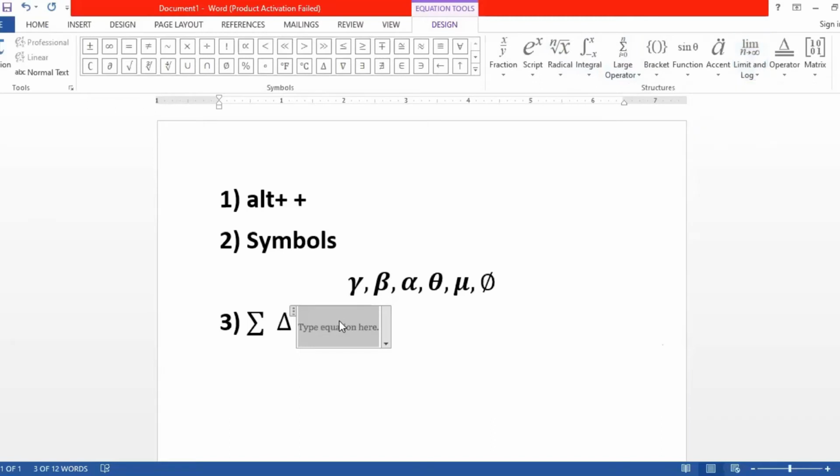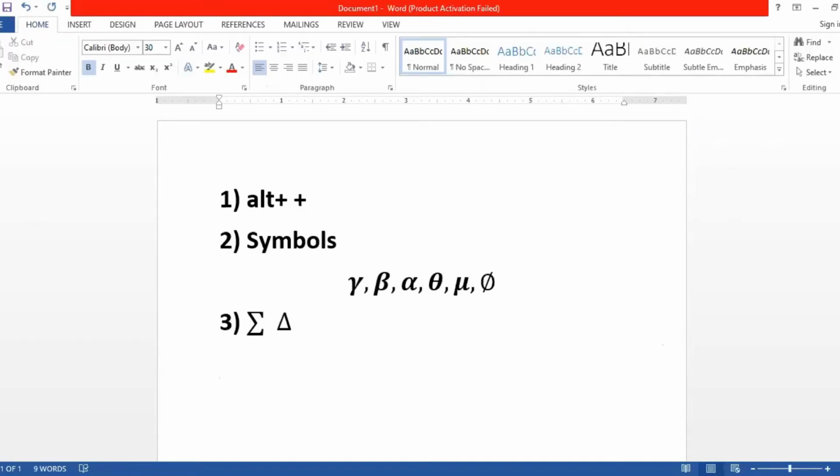Now here suppose we type slash limit, again we get the standard limit. We are not getting the limit with an empty space. So for the limit, again we have to insert it from the upper side. Now